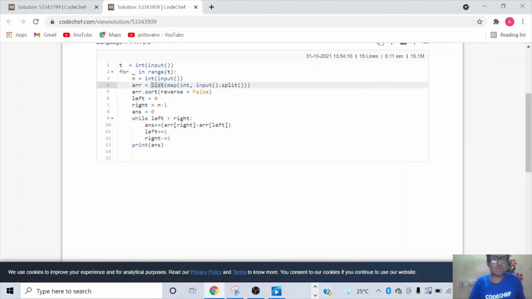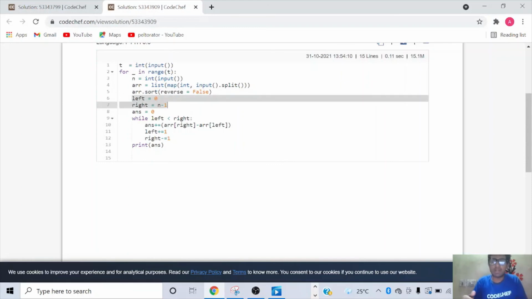So for this purpose, what we're doing is first we are taking the input, we are splitting it based on the default delimiter, which is space. We are typecasting every one of the split integers into int, and then we convert the whole thing into a list. After we convert ARR into a list, we sort the list using the sort function. We do ARR.sort and we specify reverse is false. If you want a descending array, you can write reverse is true, it's your wish. Basically, I'm okay with the default, reverse is false, the normal ascending array. After that, I'm having the same pointers left and right.